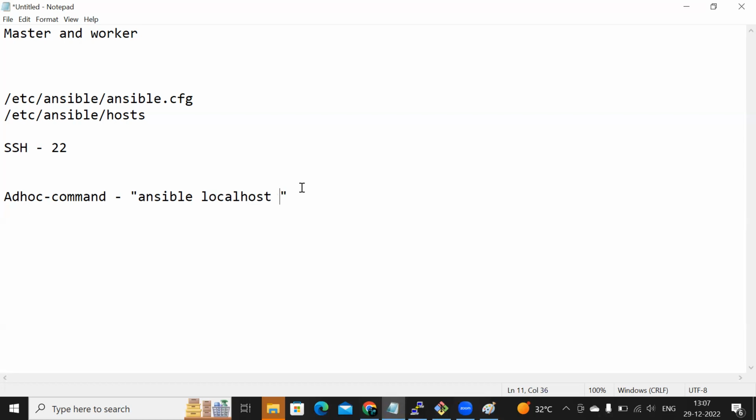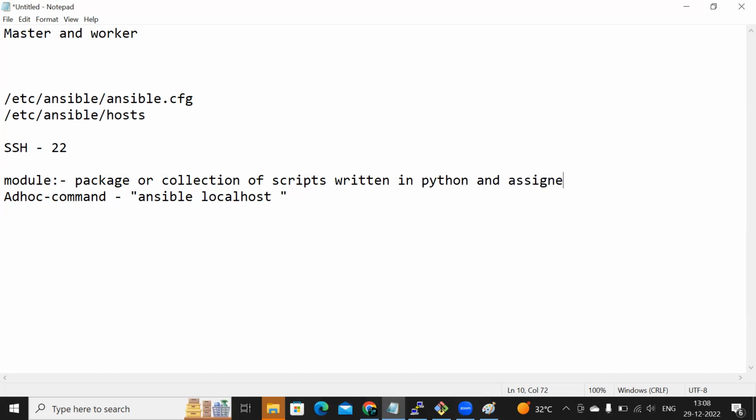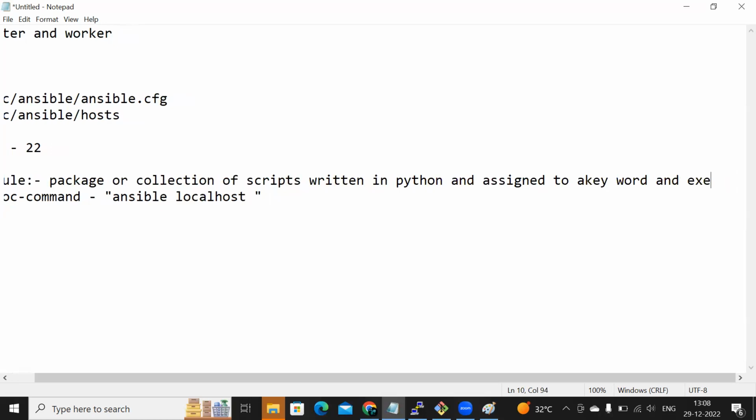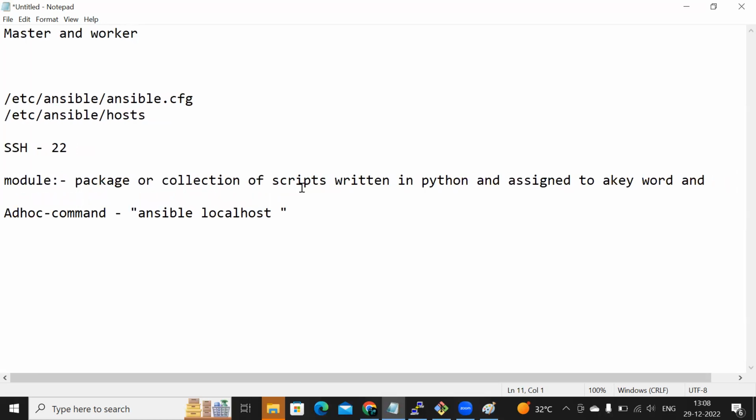First of all, guys, let me tell you what a module is. Module is another keyword in Ansible. A module is just a package, or a collection of scripts written in Python, assigned to a keyword and executed by passing arguments. The definition looks pretty big,